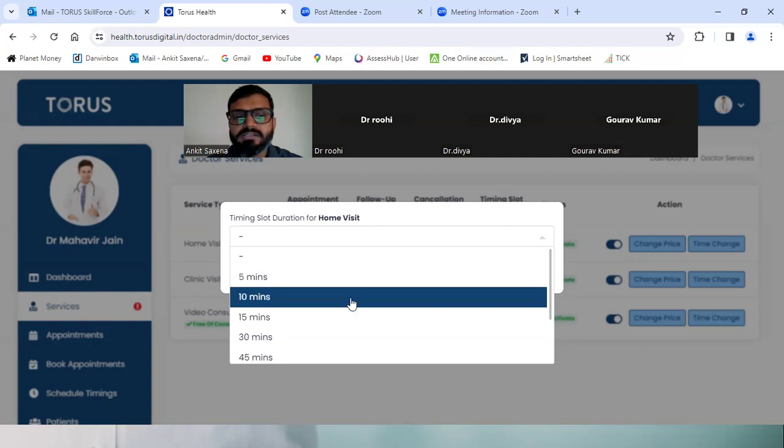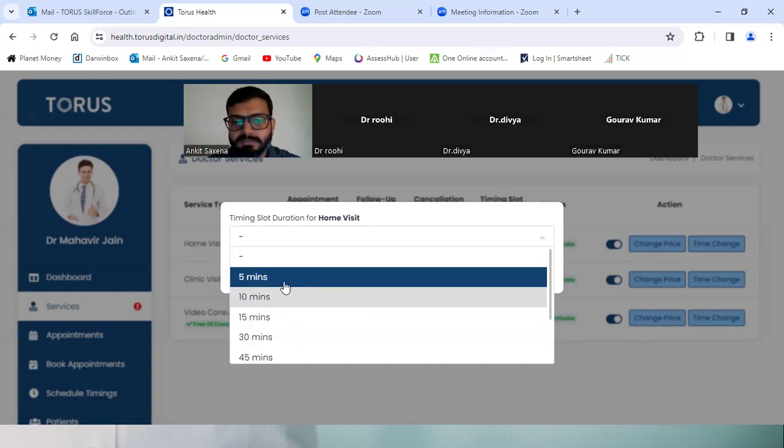Dr. Divya, once you have edited this, that doesn't mean you cannot change it. Every time you want, you can change it. Every day you can change it. That's not a problem.